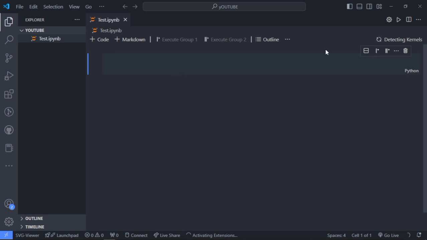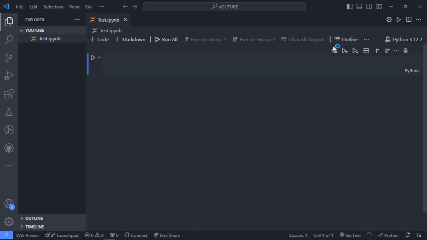Now it's trying to detect the kernels. Note, I already have Python installed, and I already have Jupyter Notebook installed and configured on my code editor. If you want me to make a video on how to set up Python and the Jupyter Notebook on your code editor, just let me know in the comment section, and I'm going to make a video taking you through the process. But in today's video, I'm just going to show you how we can easily load and read a dataset